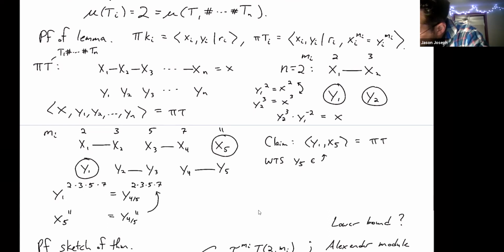(11) is relatively prime to that exponent. So there's some way of getting y4, 5 as a combination of y1 and x5. And now